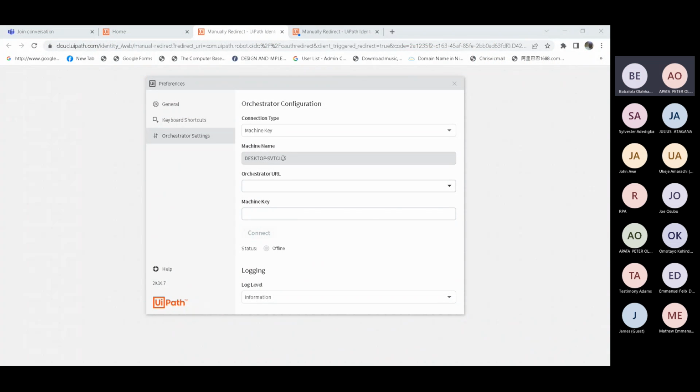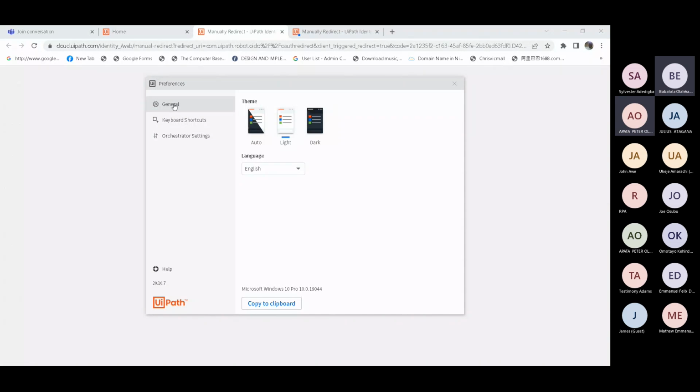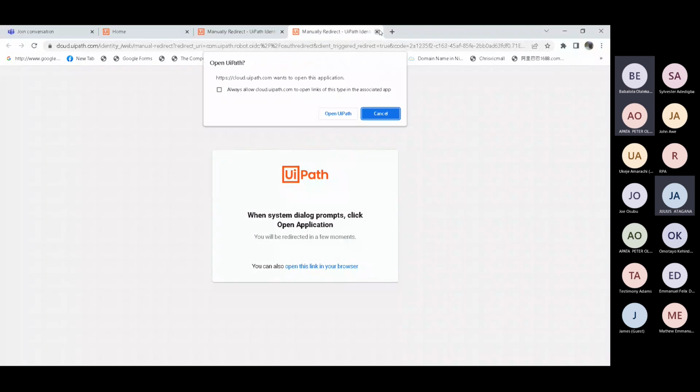What's happening? Hello, the machine name is still the same name, the same as the previous name. That's serious. What's happening now? There's a problem here, a serious problem.